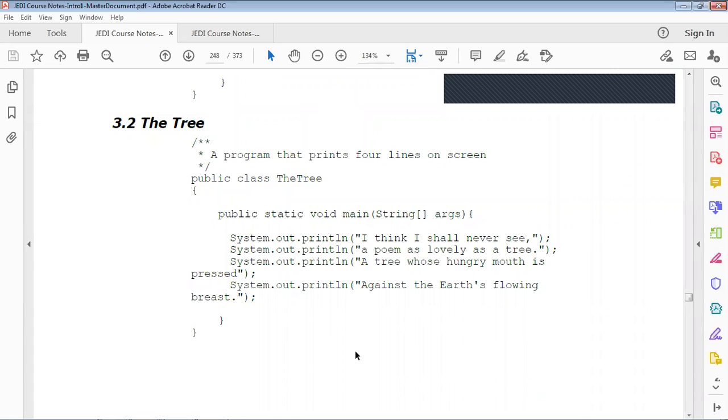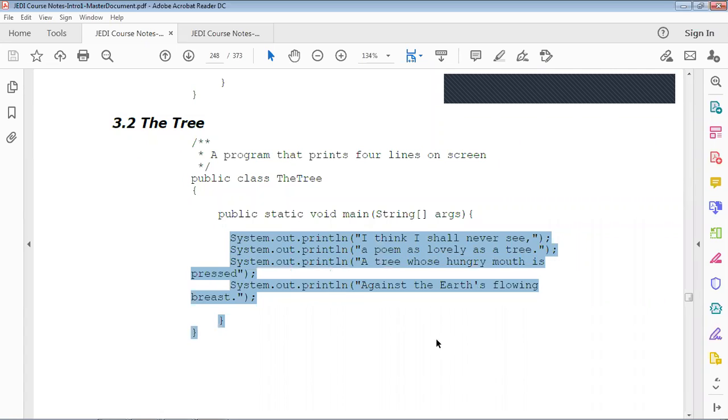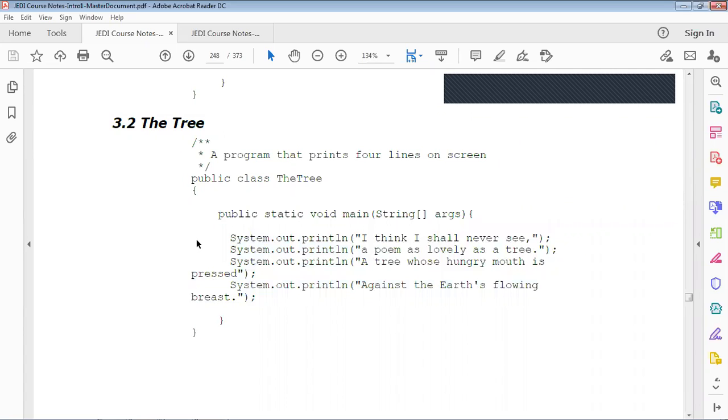Another example: we have 4 statements here, enclosed by curly braces, a begin and an end. We use println, so the output would be 4 lines in new lines: "I think I shall never see."